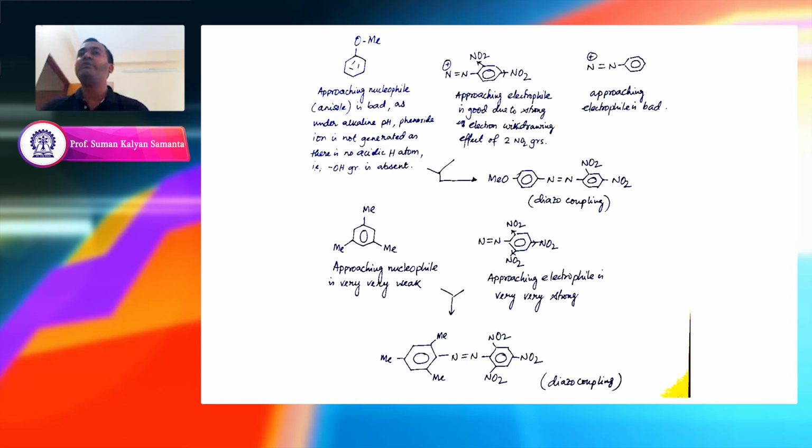What happens in this case is that because it is in the 2,4 position, it can play the minus R effect very strongly, and that is why this weak electrophile will now become a very strong electrophile. So the electrophilicity of this diazonium salt will increase drastically. Even if this is a bad, weak nucleophile, because this is a strong electrophile, they can react, and that is why it can react from its para position to give this diazocoupling.